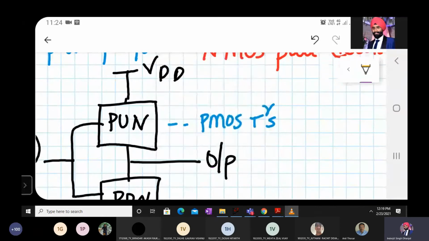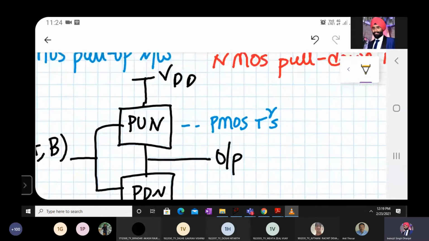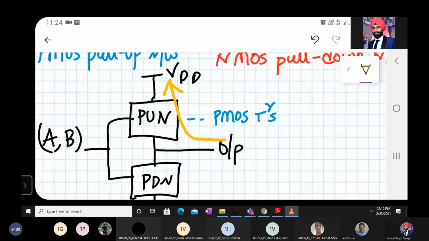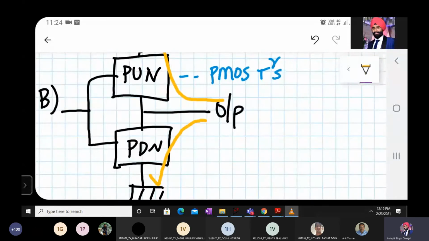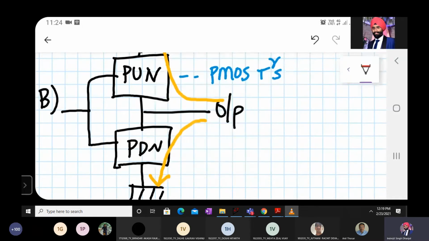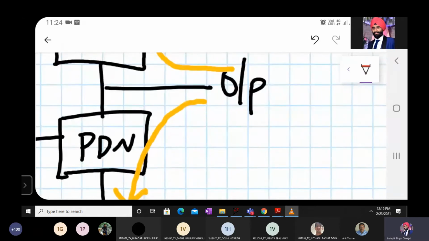It will pull the output towards VDD. Whenever my PMOS pull-up network is on, it will pull the output towards VDD, and whenever my pull-down network is on, it will make the output node go to 0 or logic 0. So this pull-down network consists of only NMOS transistors.